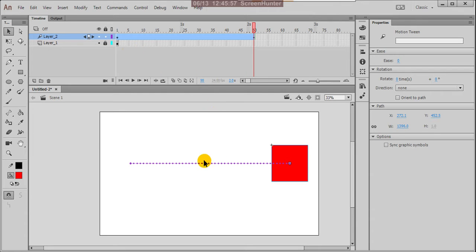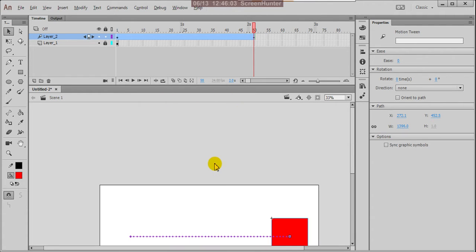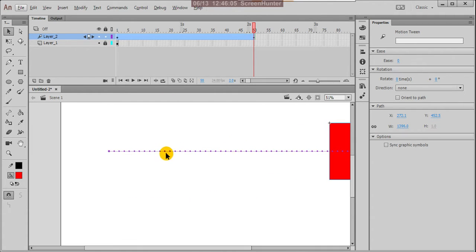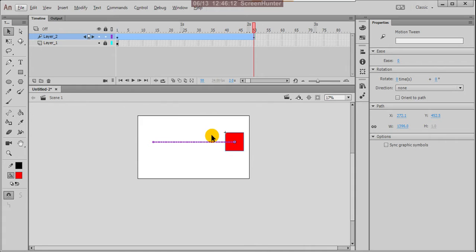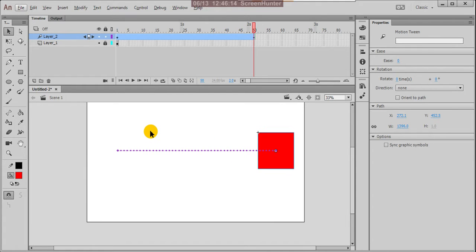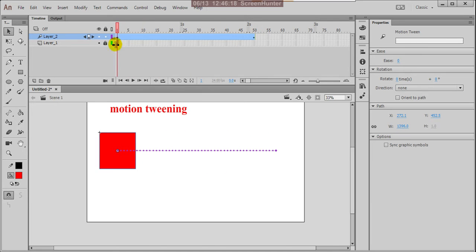Then I want to change this direction. If you observe here, these are the frames the Animate software has created. If you turn on the onion skin, just click on the onion skin, and these bars you can extend on both sides.